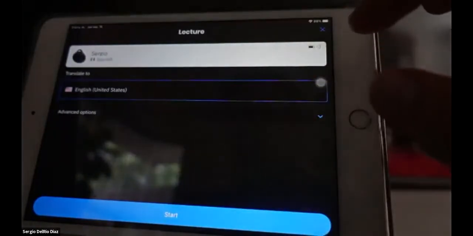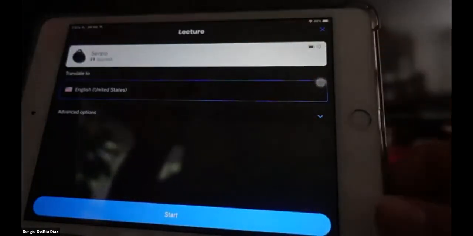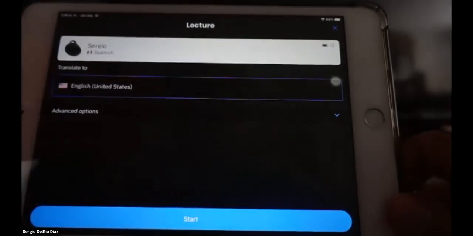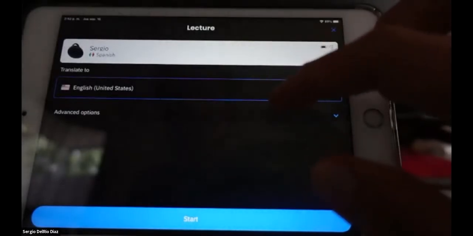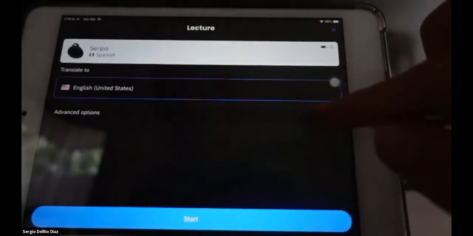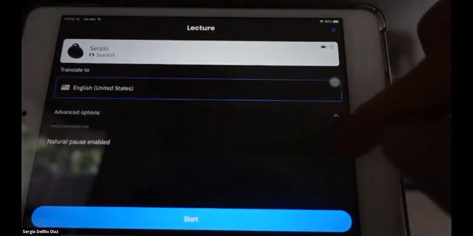setup. And once you go into one of the modes, right now I'm going to show you guys lecture mode. Let me try to switch the camera a little bit. Yeah, it's focused. So I'm going to select the input language and target language, right? In this case, I'm going to select English so we can all validate the accuracy of the translation.